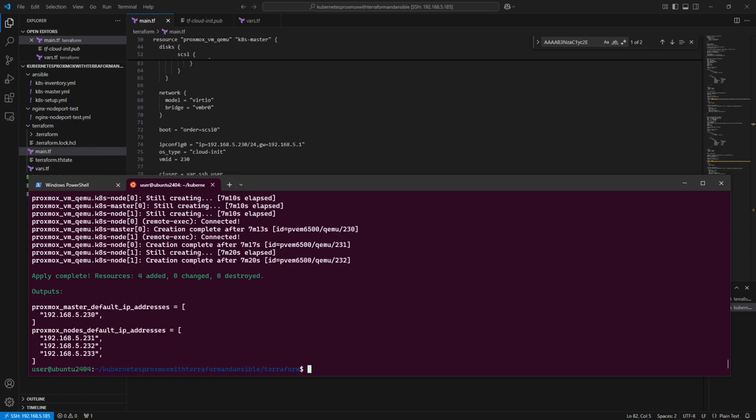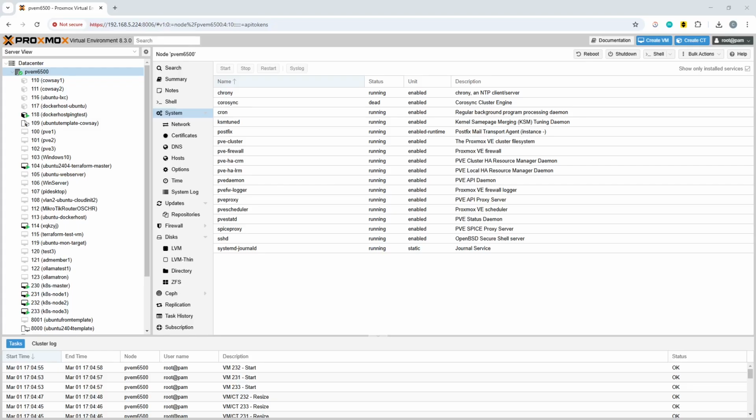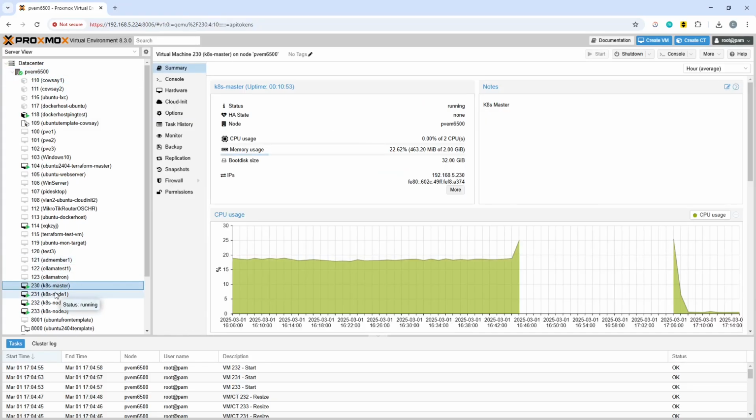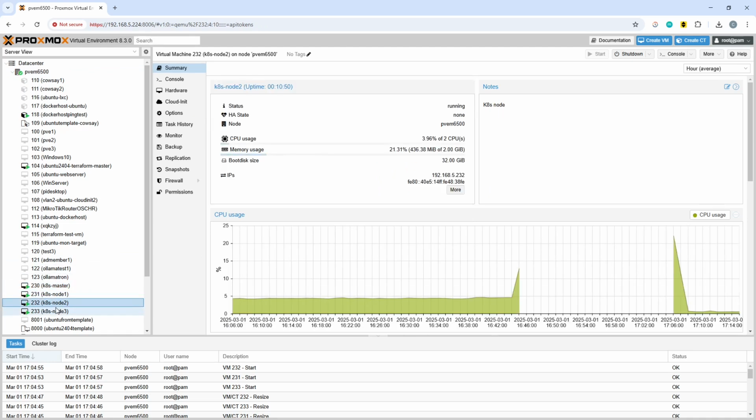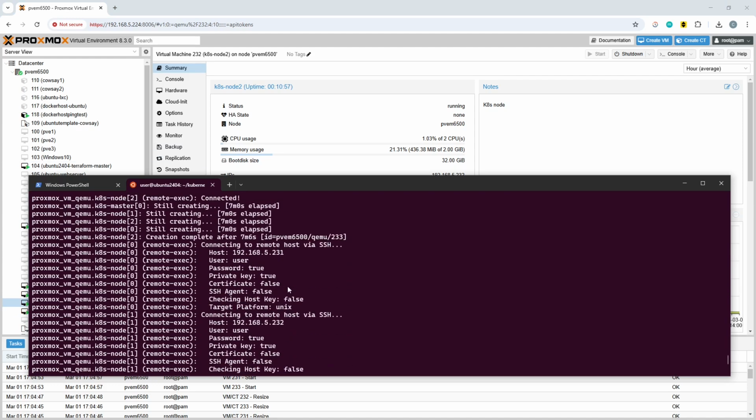Okay, so as you can see, the Terraform script has completed successfully, and it's actually giving us the IP addresses there of the machines. And if we go over to Proxmox once more, we should be able to see those machines. So we have here the master, and there we go, there's the IP address, and 3 nodes that we have provisioned. And if I quickly go back to that terminal window,